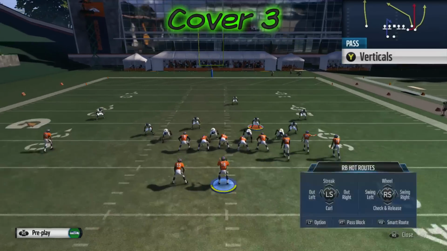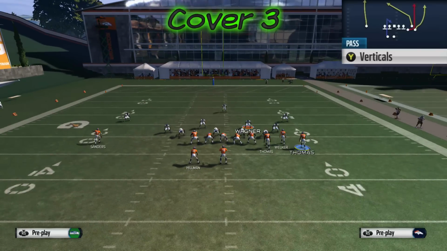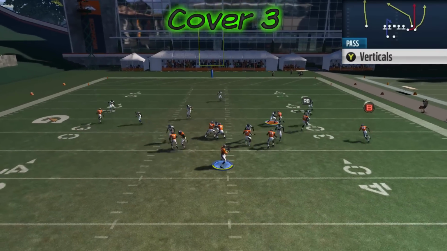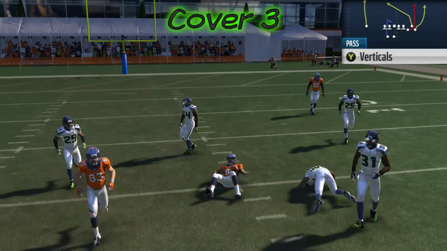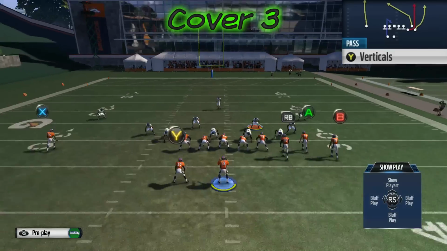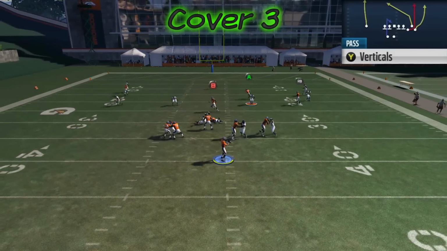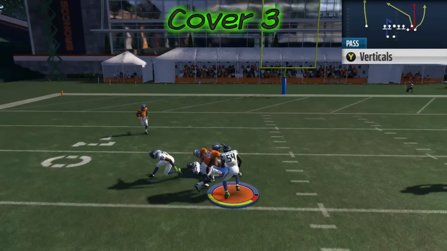Now, the tight end route is something you're going to have to read. This isn't something that's 100% automatic, but it's going to be open quite a bit. And right here, you'll notice that the slant route gets open in between and under the zones, as well as the A route getting open above the yellow zones underneath the safety, and you can throw it right in that window right there.